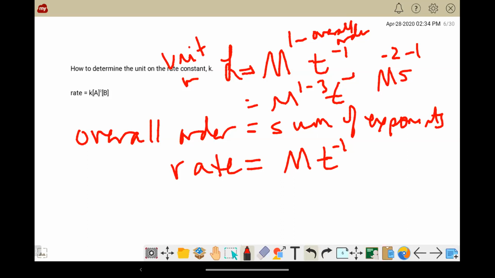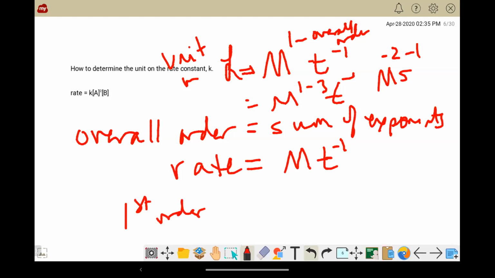And again, that's just an algebra manipulation, really, is all that is. What this does for you, though, is it lets you know what the order of a reaction is with respect to a particular reactant. I think the one that's probably most useful to know is if the reaction is first order,